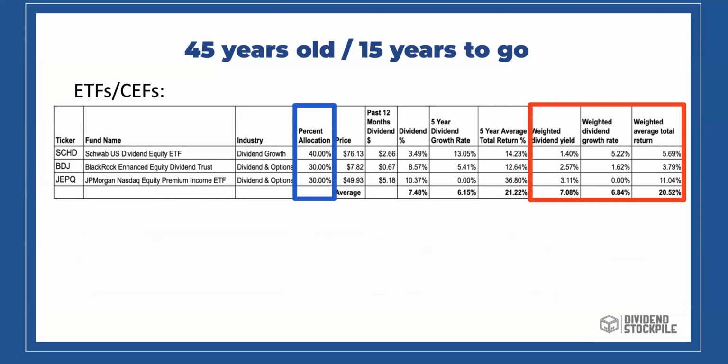We're going to introduce a new closed-end fund, BDJ, the BlackRock Enhanced Equity Dividend Trust, which invests in dividend payers but also has an options overlay that they use to increase the yield. And we're going to introduce JEPQ, or the JP Morgan NASDAQ Equity Premium ETF. This is a fund that invests in technology companies in the NASDAQ 100, and also writes options on it to